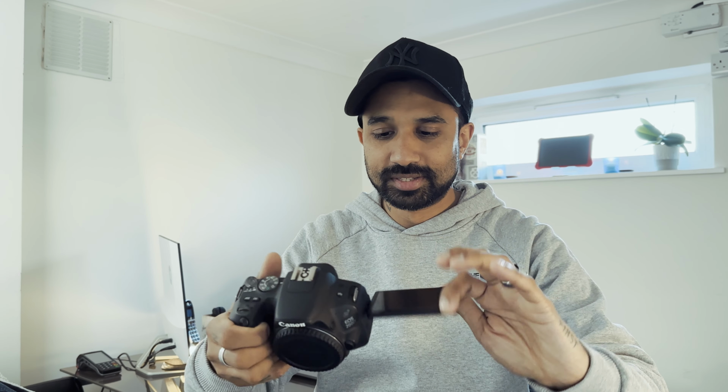The Alpha, as you know, does not have a flip out screen, but this stuff is so good. If I was to still have a kit lens with this, I would still rock this. You set the aperture here. It's got your mode. Something about the dial, you just look down and you just know what mode you're in. Now that I've learned manual mode, so how to control the aperture, how to control the ISO, I could probably go back and get a kit lens for this. I reckon I could probably rock this for a session or something like that until I feel I just can't do this because it's so simple